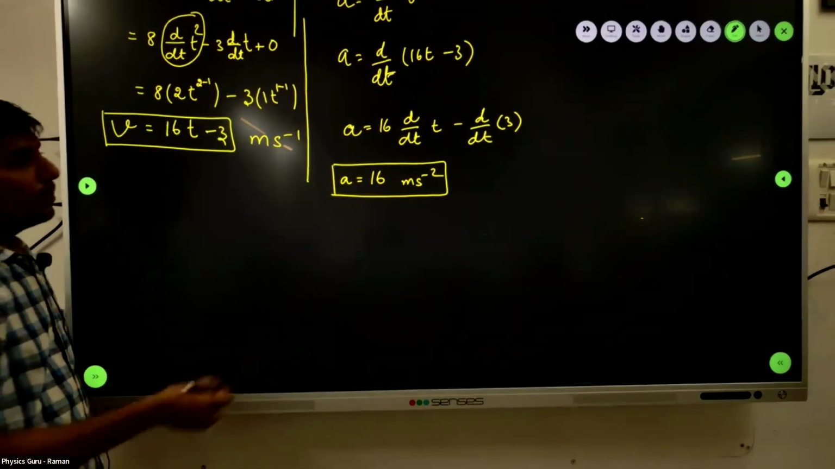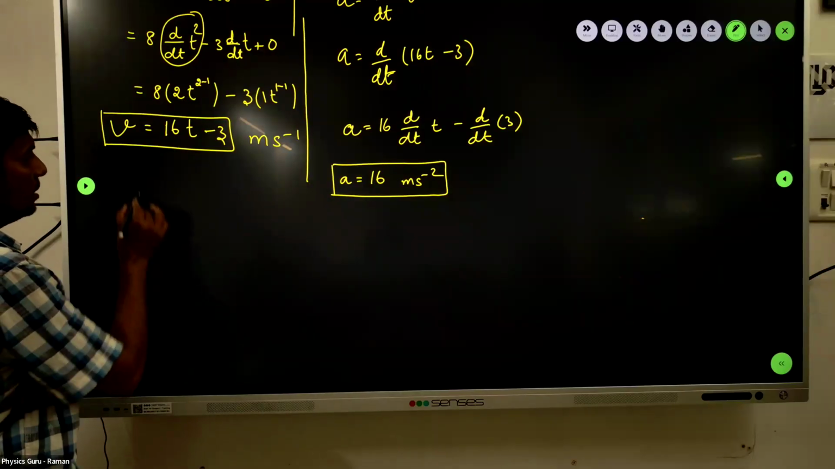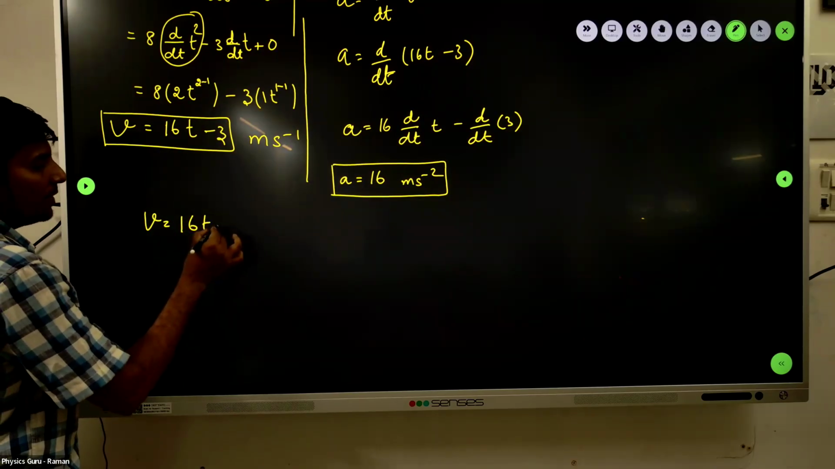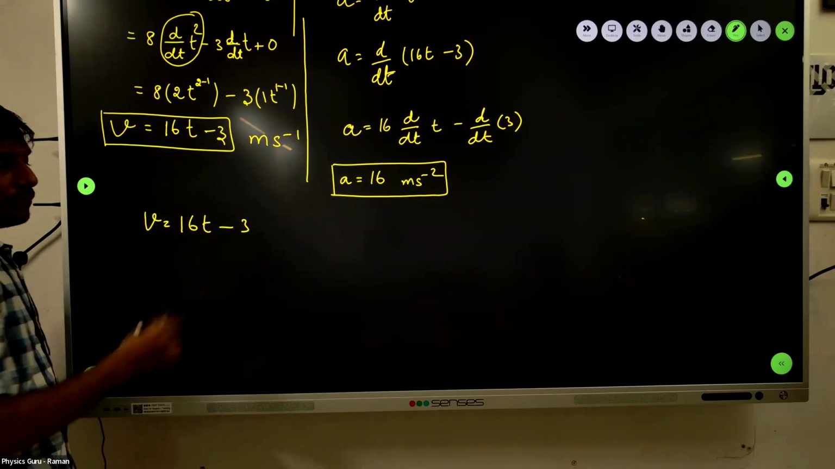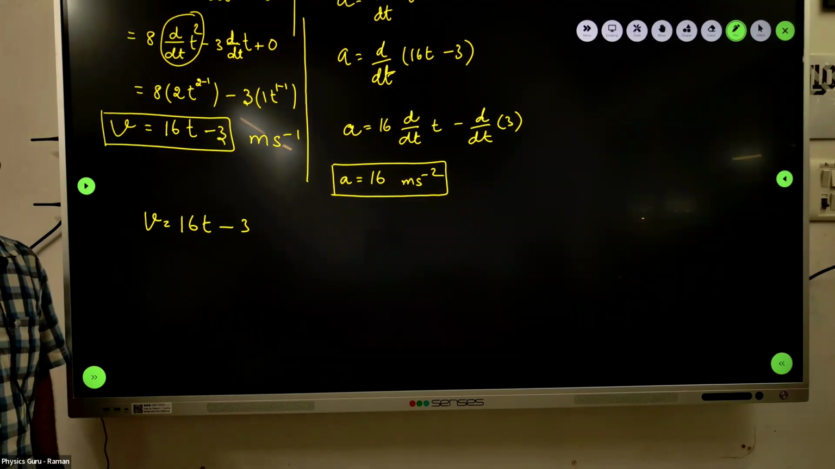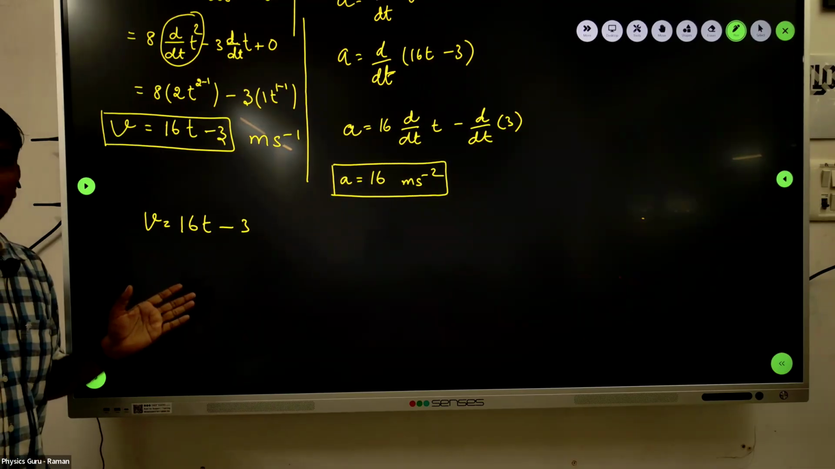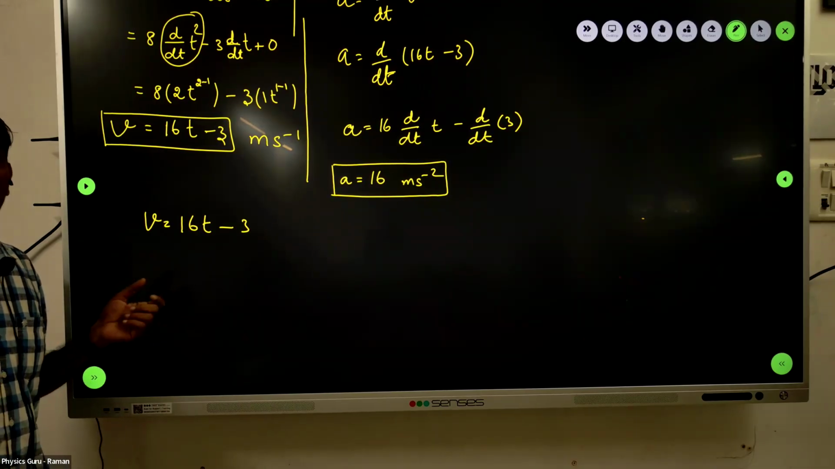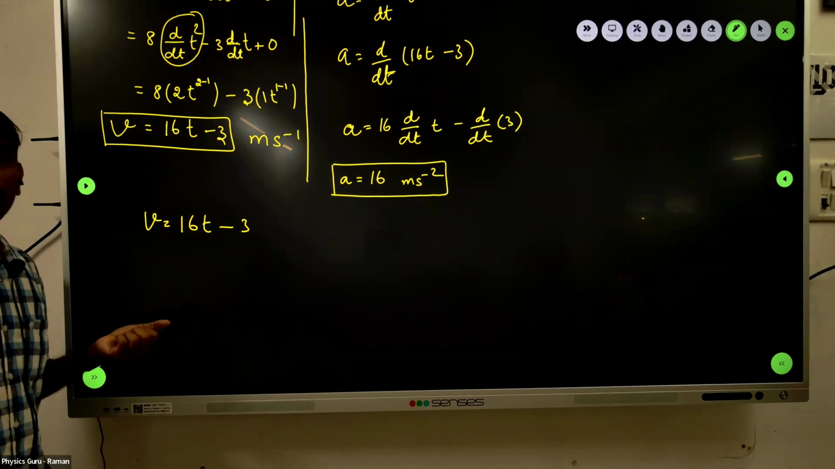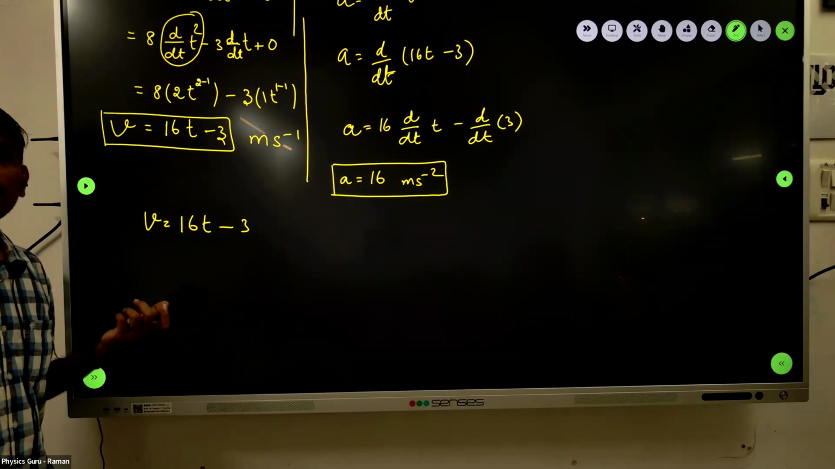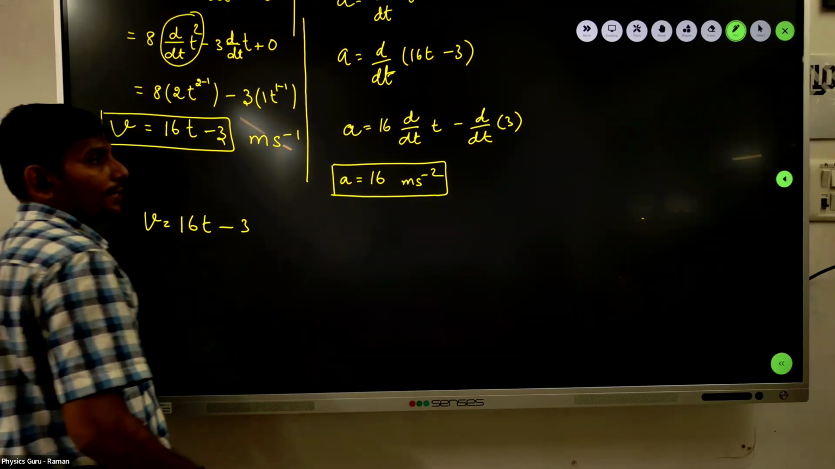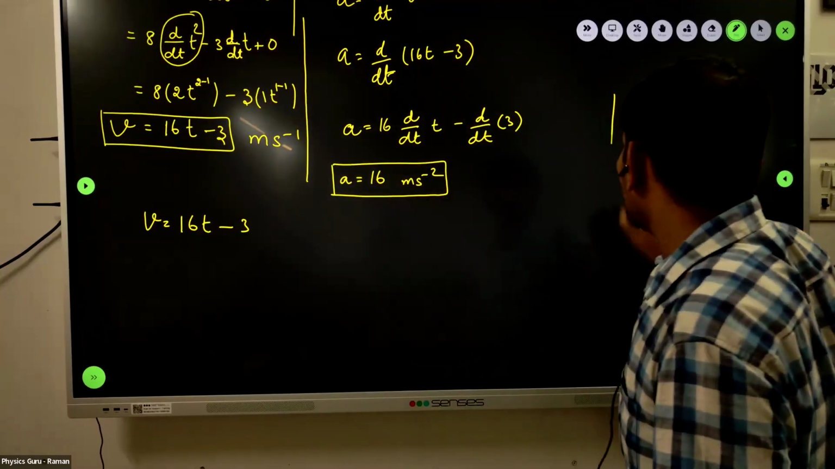Okay, so just by looking at this, we know that in this equation velocity has a dependence. Velocity will vary if the time value varies. And what's the initial velocity? What's the u value? How should we calculate the initial velocity? When you make t equal to 0, the remaining value is the initial velocity. So what value? -3, that's all, sir. So if I ask you to plot a graph here,